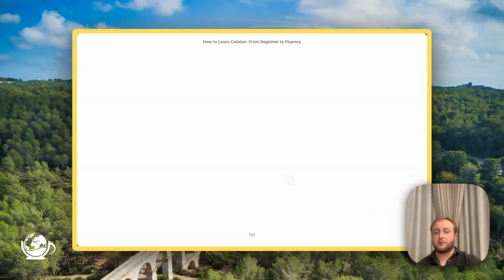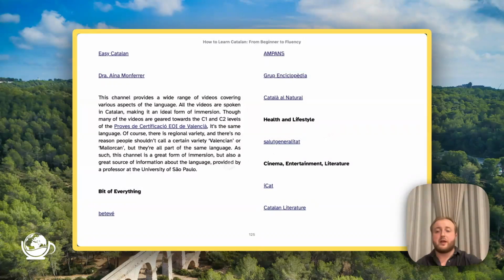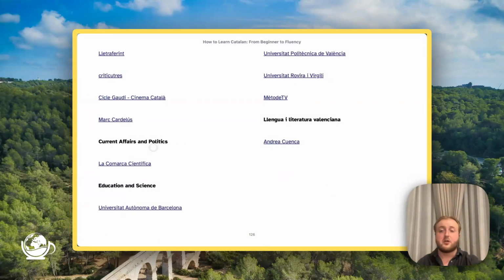And just as an example, if we go to YouTube, we start off with channels for learning Catalan, which obviously some of them do have good content for immersion, but their main thing will be great stuff for active learning. But beyond that, we have stuff for genuinely immersing in the language, such as, a bit of everything, could be vlogs, all sorts, health and lifestyle, cinema, entertainment, literature, current affairs and politics, education and science,